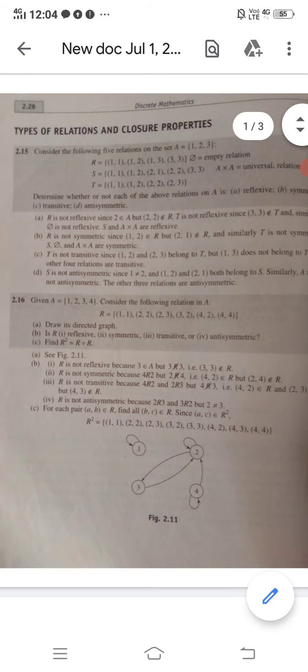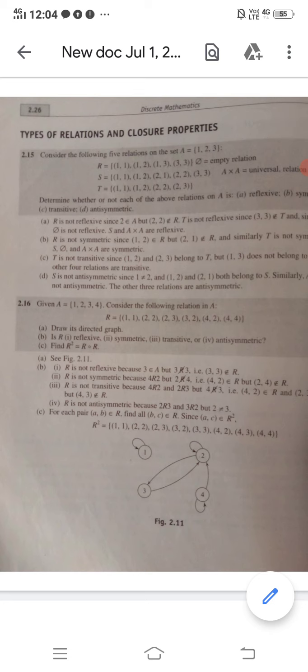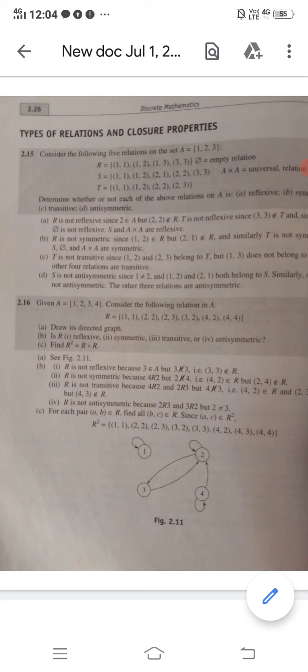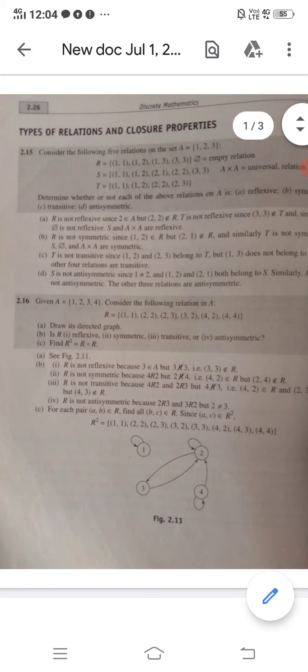Where the condition does not occur, we do not have to check the conclusion, and the answer is transitive. Where the condition holds but the conclusion does not, that will not be transitive. Let's check S, it is transitive also. Let's check T. In T we can see (1,2), (2,3) are there, but (1,3) is not here, so T is not transitive. R and S are transitive, T is not transitive. The empty relation is transitive because the condition will not occur, so we do not check the conclusion. The universal relation will also be transitive as it has all the relations.